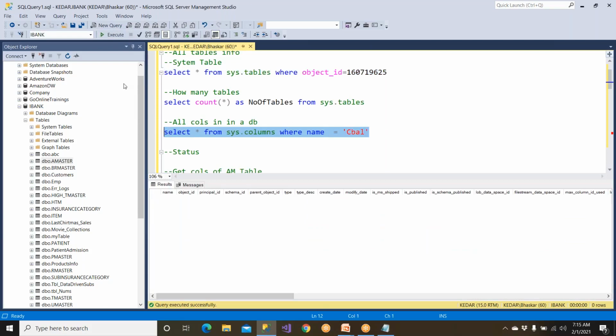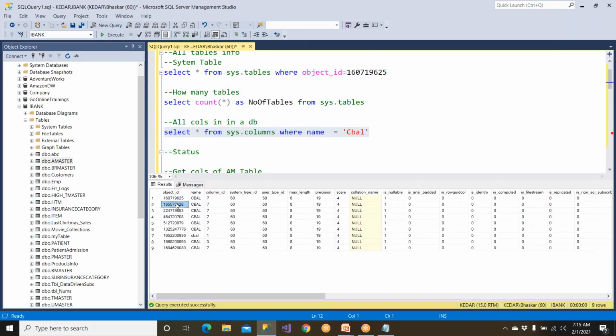So it is nothing, so it could be something else. You can copy this and join this and this. Sometimes we need to join sys dot columns and sys dot tables and give this information. So let me tell you,